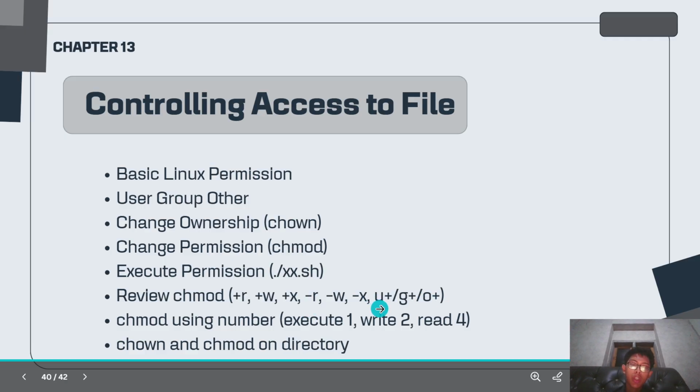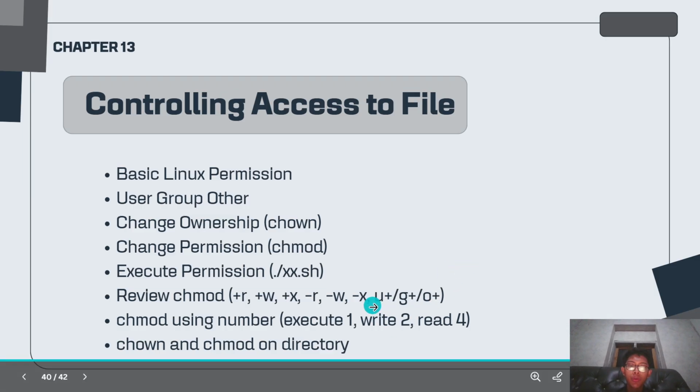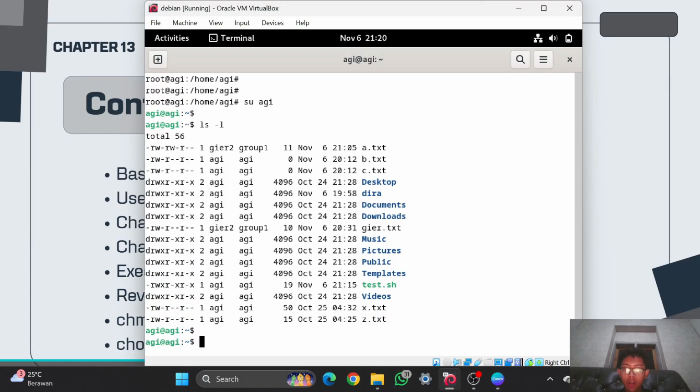And for the user, it is U, for the group it is G, and for the other it is O. And I will practice it in here.